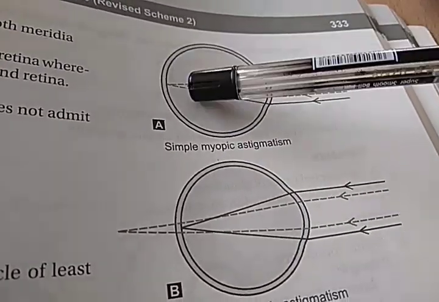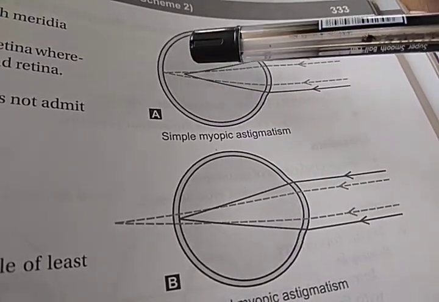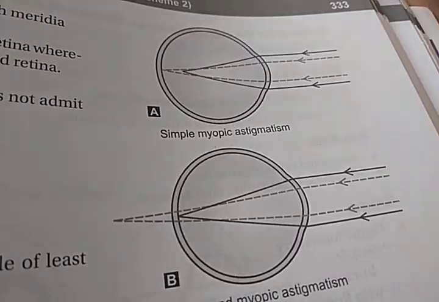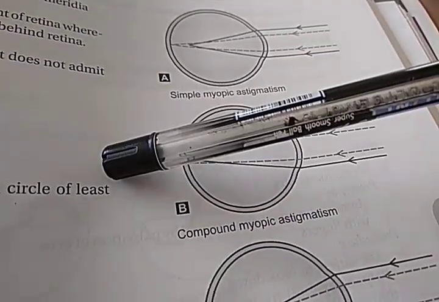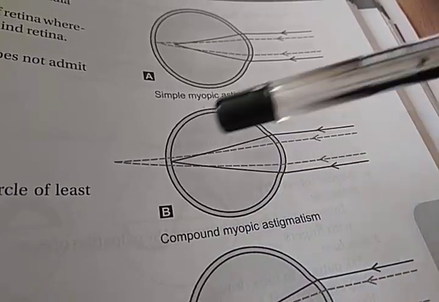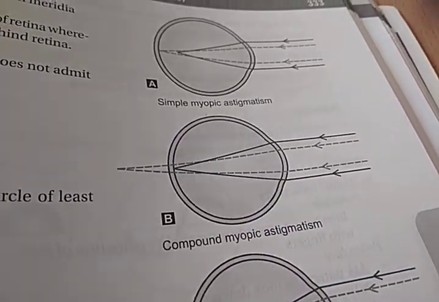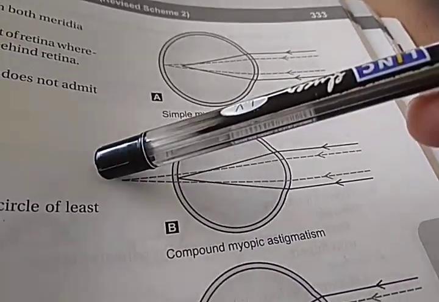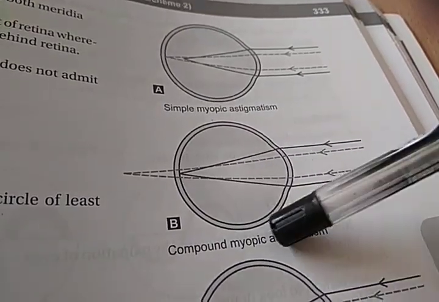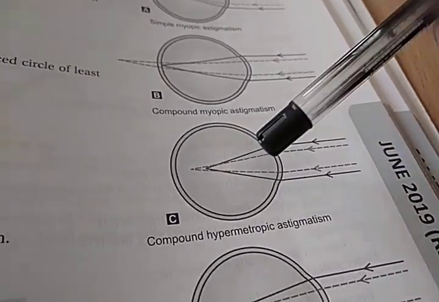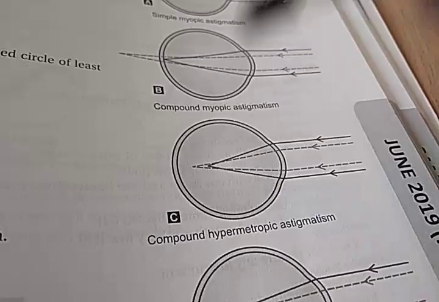See, this is all you already know. No, see, one image is forming behind, before the retina. So this is simple myopic. This is simple. This is compound myopic because why is it compound myopic? It's behind the eye, then why is it myopic? I think this is wrong. What do you say? This is compound hypermetropic.